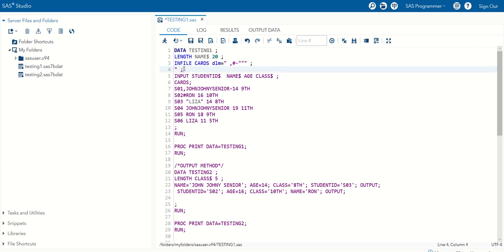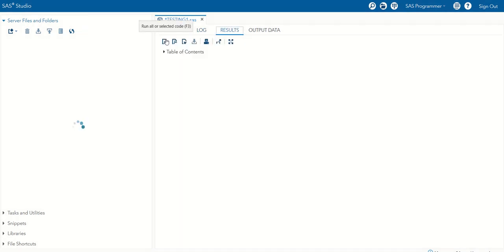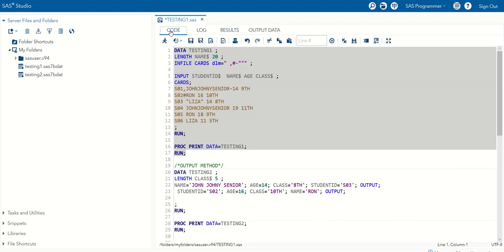And I think we can remove this. Now if we run here, we'll find that everything worked fine, right? So I hope you understand this concept slightly. This concept of identifying quotes as delimiter is slightly confusing, but I hope you understand.